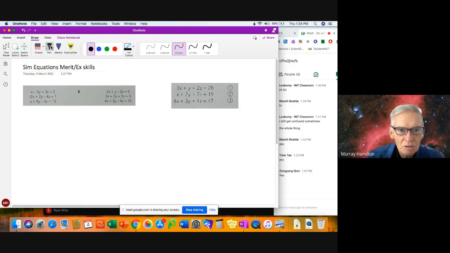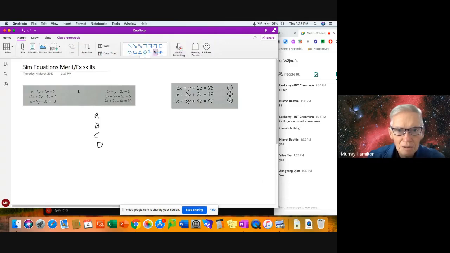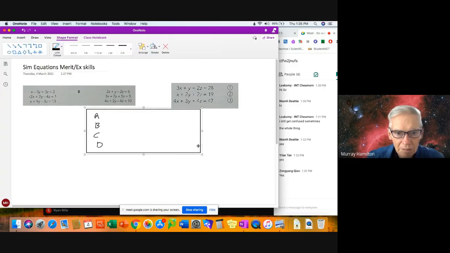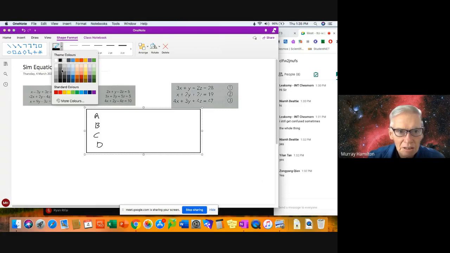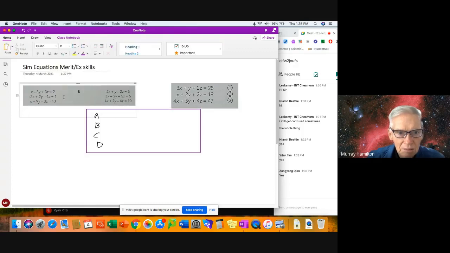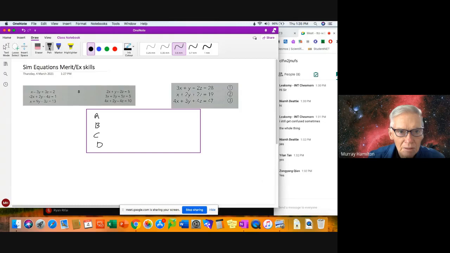Now, I've always told you to draw a box, and in your box, you're going to have the equations A, B, C, D. I'm going to insert a box around them as well. That will help keep our focus so we know what we're doing. We just put equation A straight in there, which is x minus 3y plus 3z